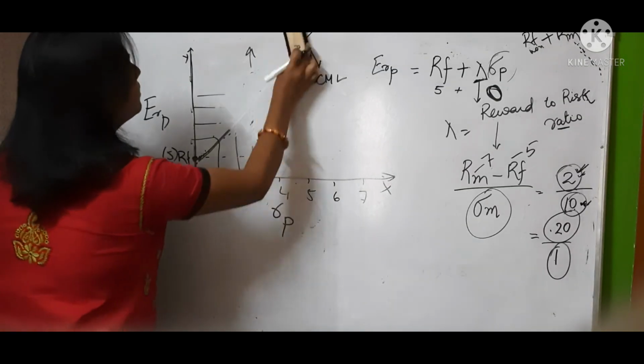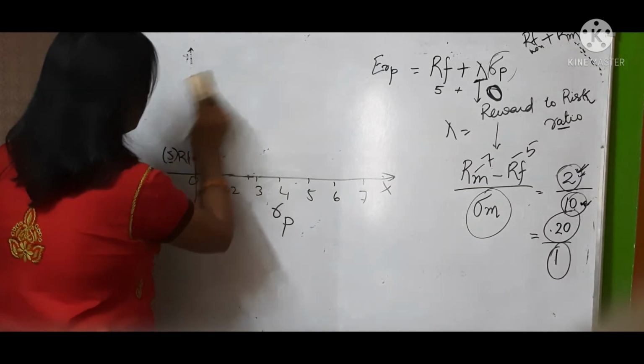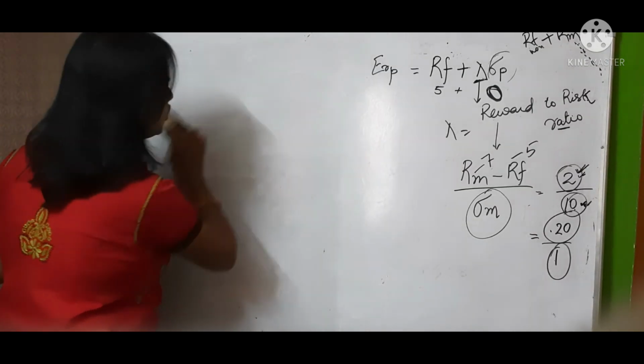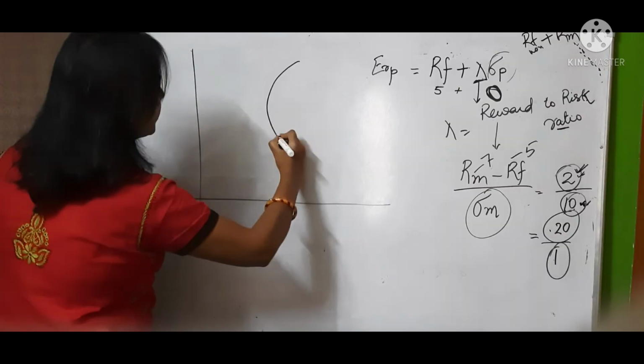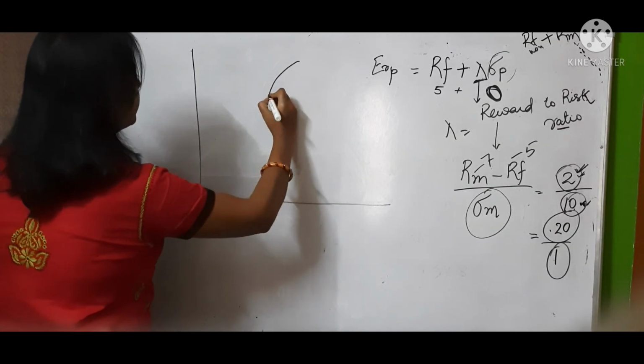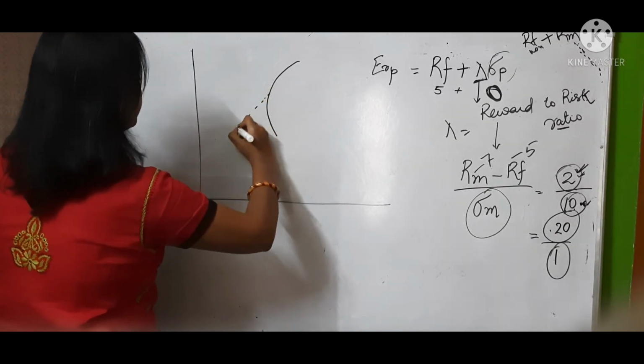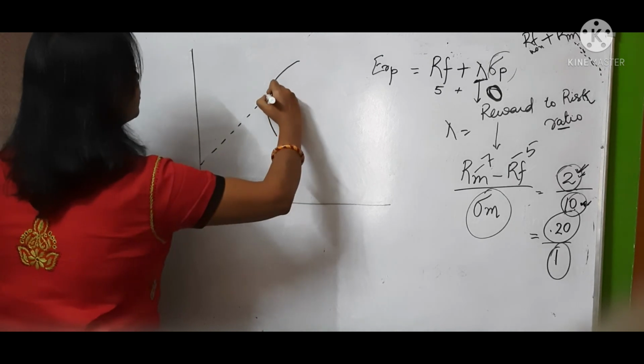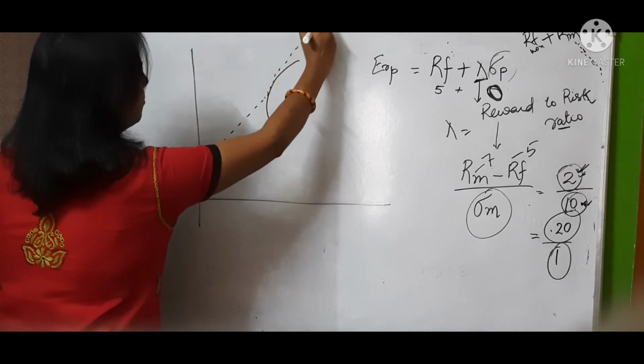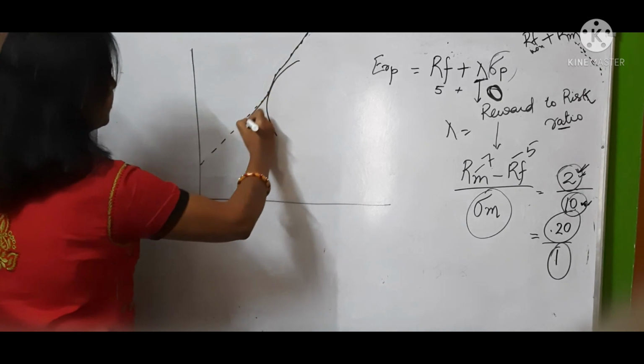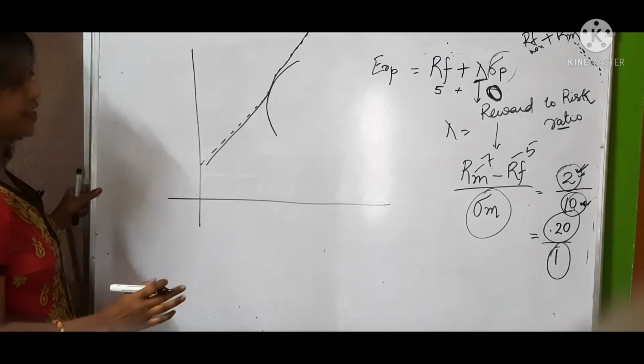Why is it the most efficient portfolio? I am trying to make the diagram as perfect as possible, but I am unable to because I am drawing it on the board. Had it been on paper, I would have done it properly. Remember, this is touching at the minimum point, so it should go like a straight line, though it is not looking like one.